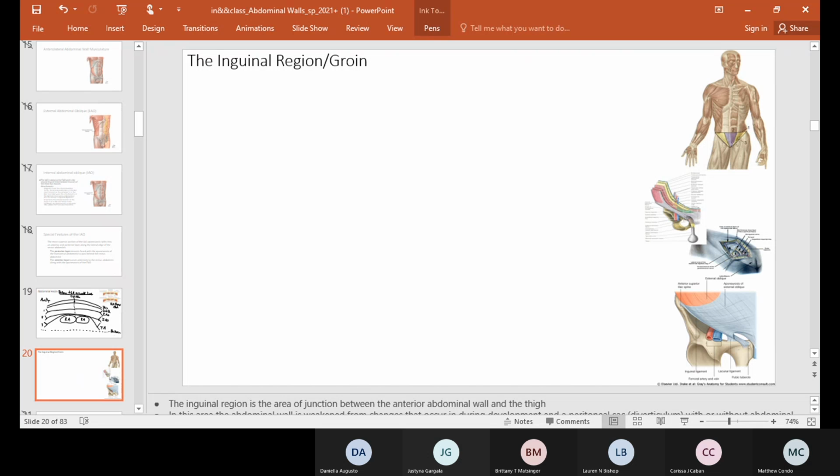Okay, so inguinal canal is going to contain the genital branch of the genitofemoral nerve,